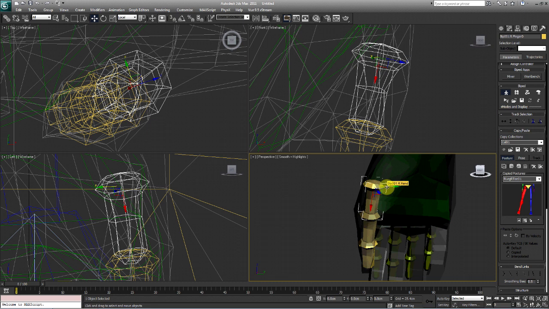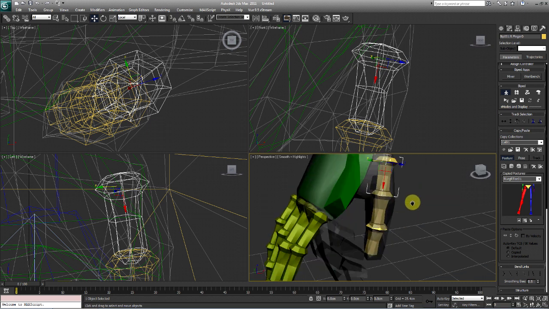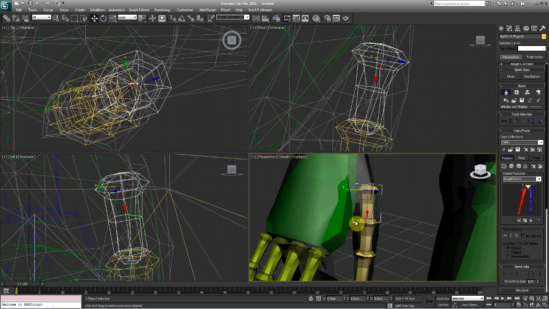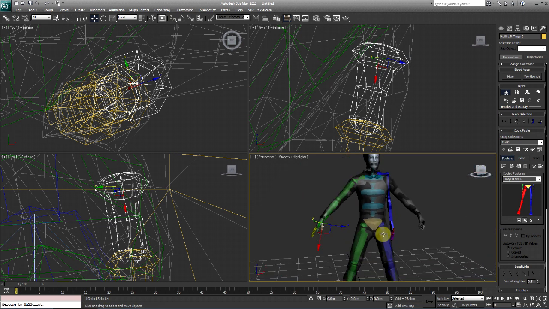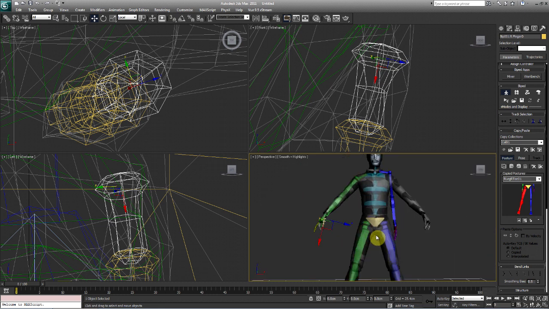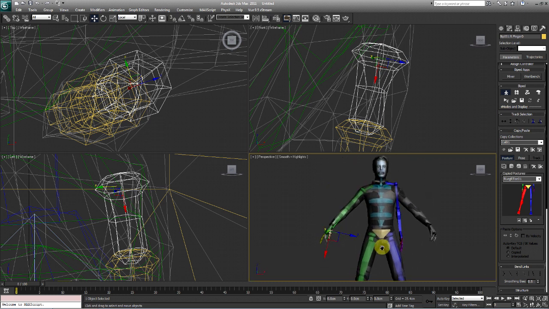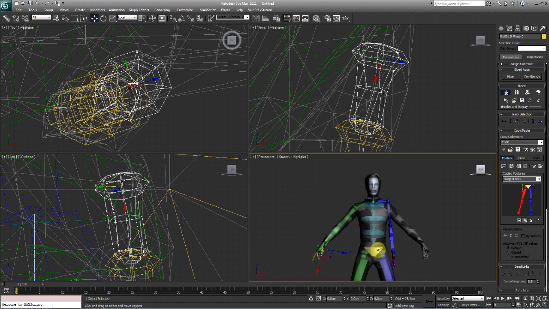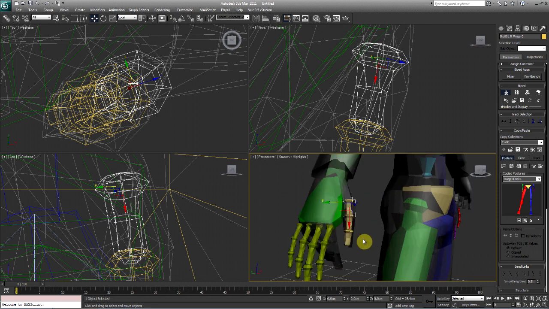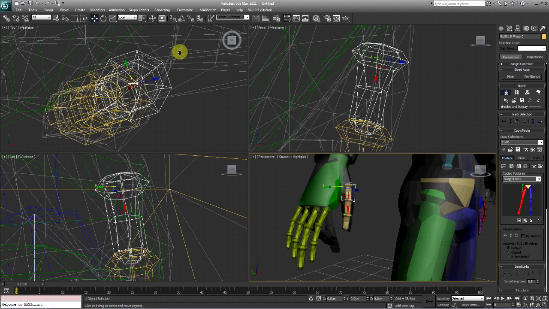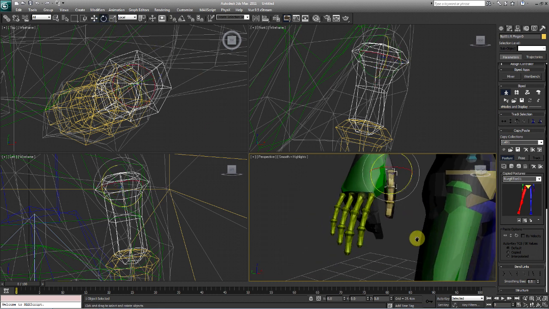Okay, so I just showed you how to do the thumb. I use the rotate tool, I use the moving tool, I use the scale tool. So let's take a quick glimpse at what we already have here. Now look, we already have the right side of the body pretty much. We have everything done almost. So I'm going to cut it right here. I'm going to let you work on the fingers on your own, which isn't that hard at all. So I'm going to work on the index finger with you, and then we're going to cut it from there.